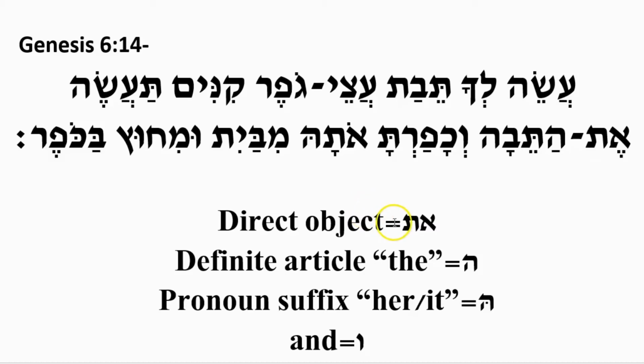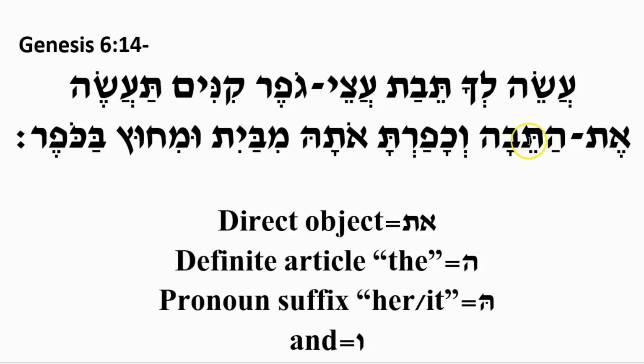An object's going to be a noun, and you're going to also see that it can be a pronoun also. So let's go through the sentence and look for the direct object particles. Okay, so first line we don't see. Here we go, et. So here's something, et ha-teva.